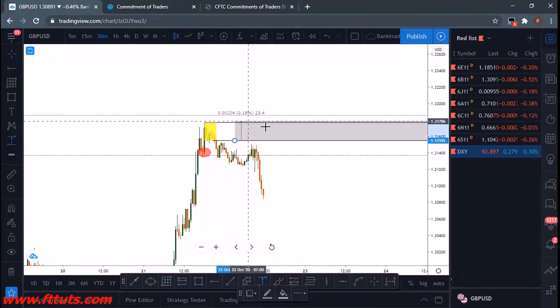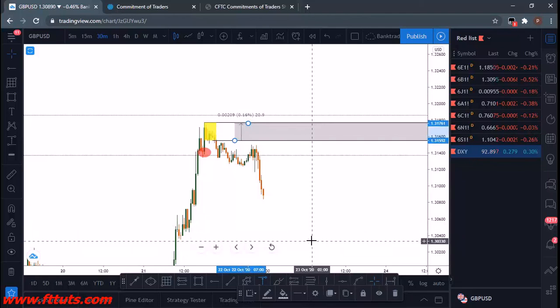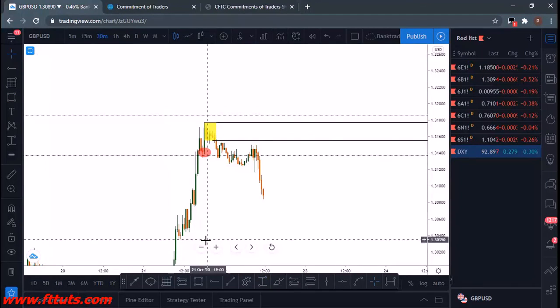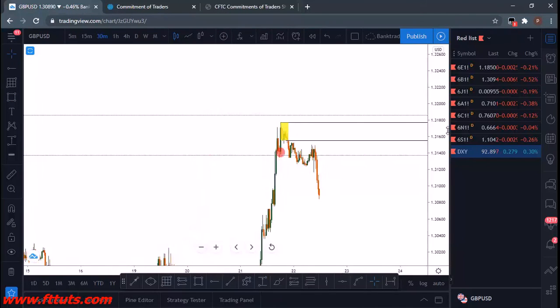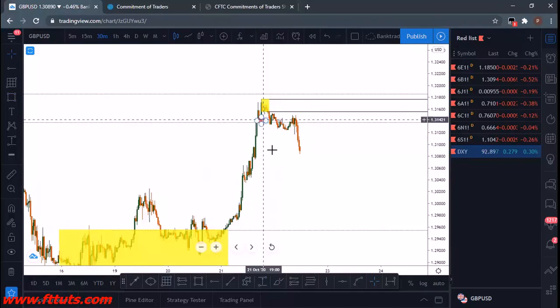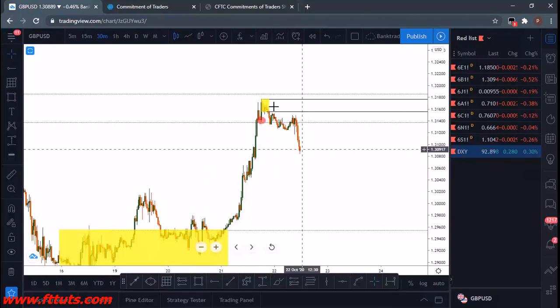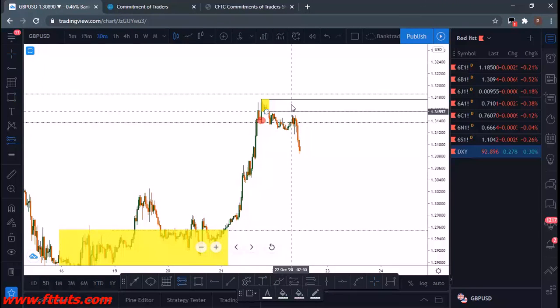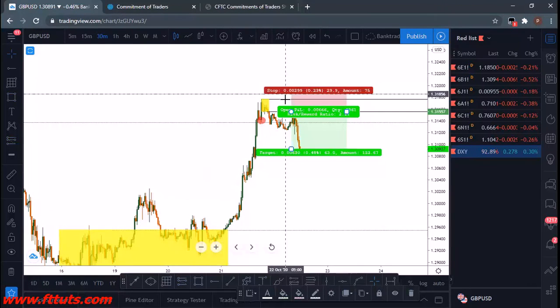But yes, it qualifies, 20.9 pips, qualifies, but price didn't come back to that area. But that is the area that you could have looked at to get into the trade, and if you took that area you would have been on the money nicely here, because by this time you're going to be at around